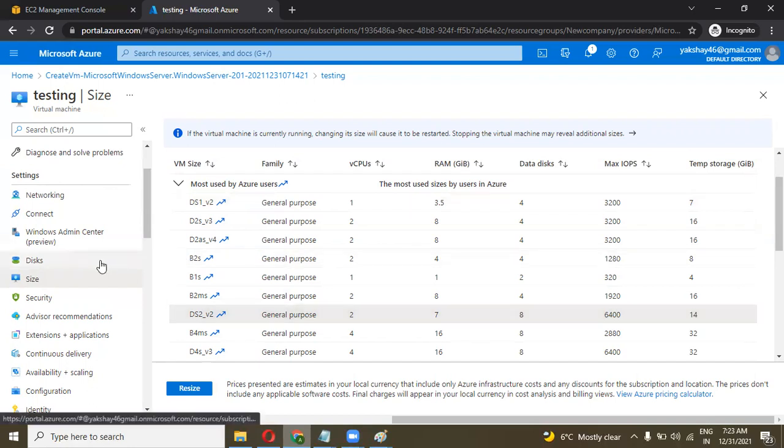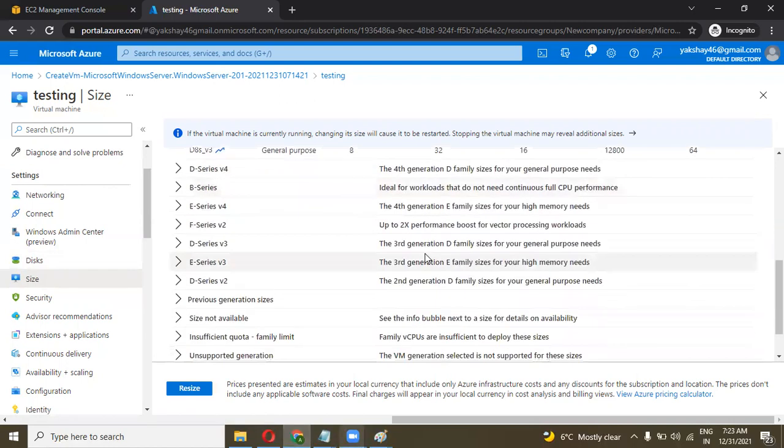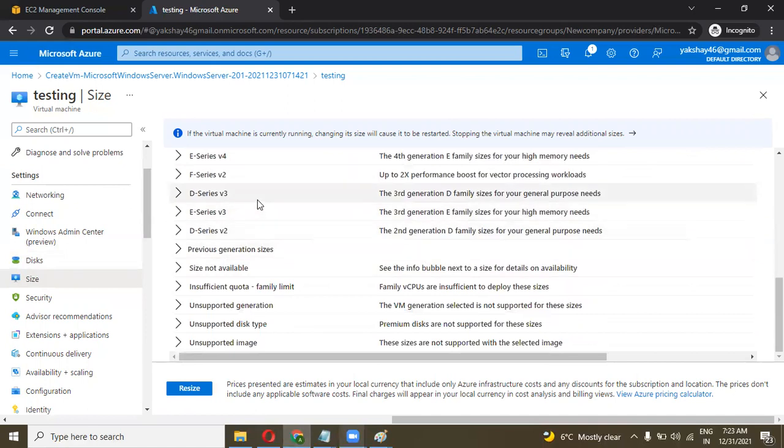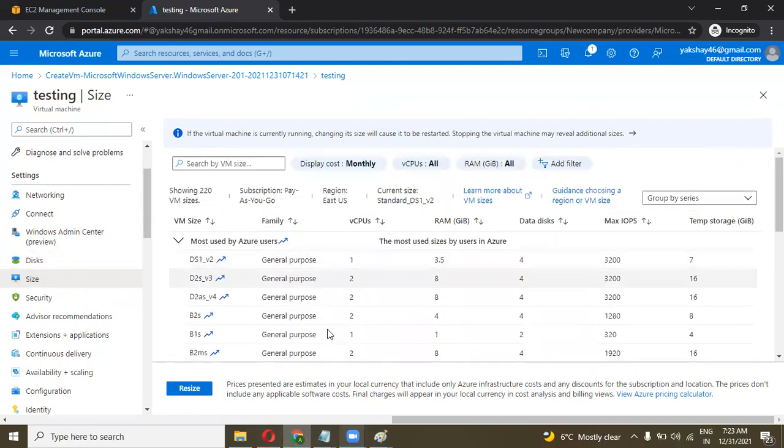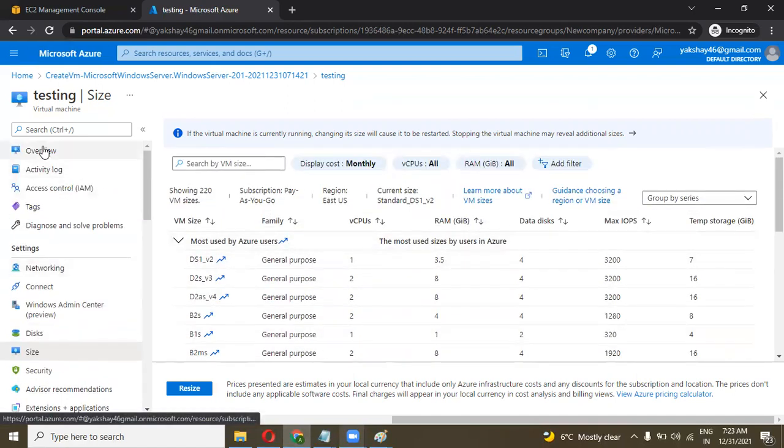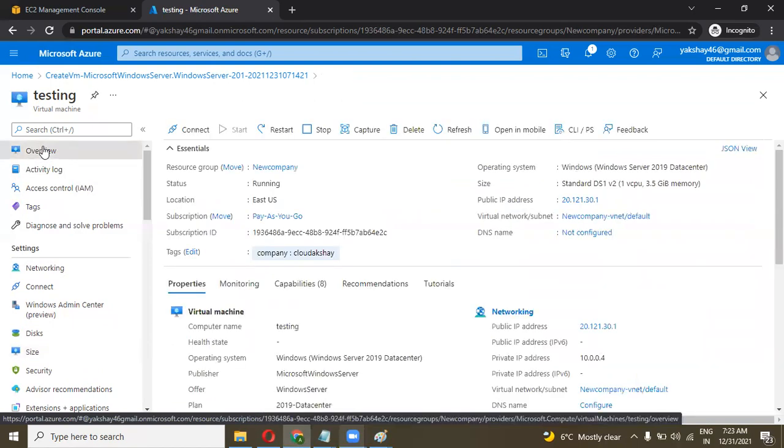Okay. So how to resize the machine? These are the VM types and limits. If you want to use any other generation machine, you can select it from here. Right now I have a machine. Let's go to the overview.